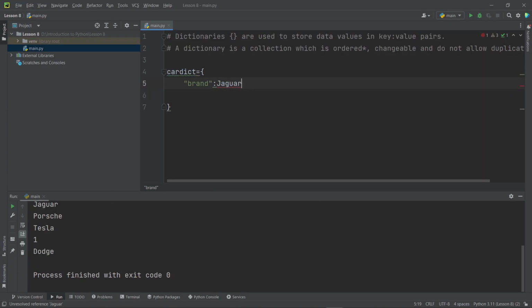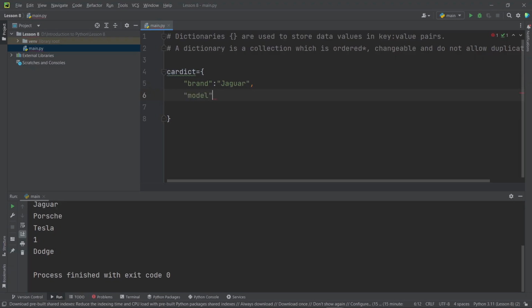And then I need to also make sure I add a comma at the end of here. But before we do that, we need to wrap this inside of our quotation marks just to make sure that we do have a string over here. And then on a new line, I'll add model,